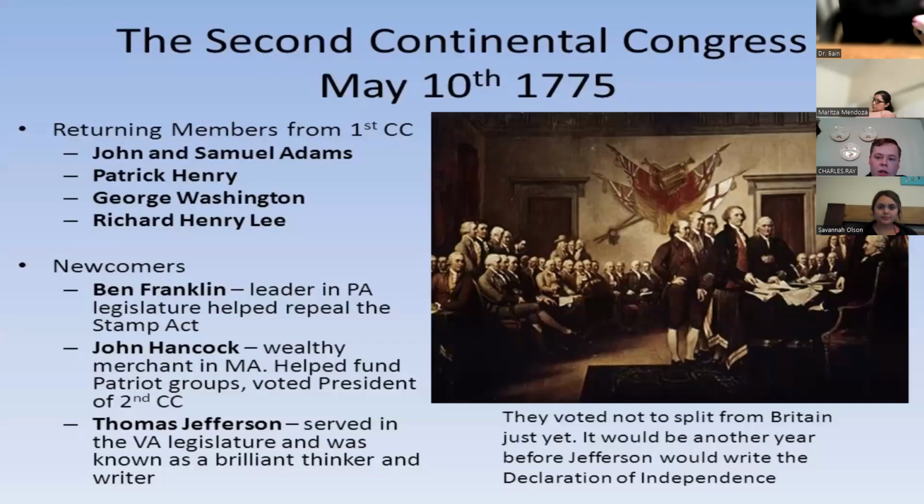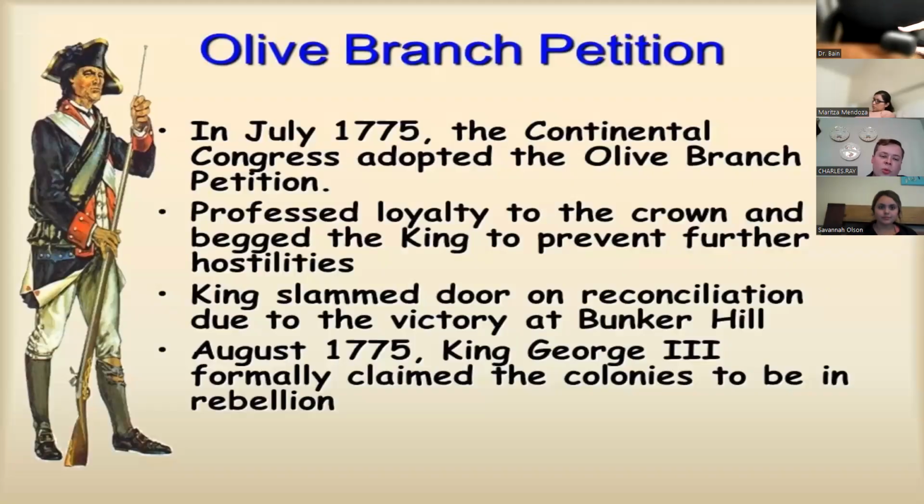we send out the Olive Branch Petition, once again saying, hey, King George, we are still loyal. We still respect you. We think you are God's chosen representative for the British people. You are here by right. We can fix this. It's not over. It's okay. I know things have happened. Bloodshed has happened, but hey, we can get past this.